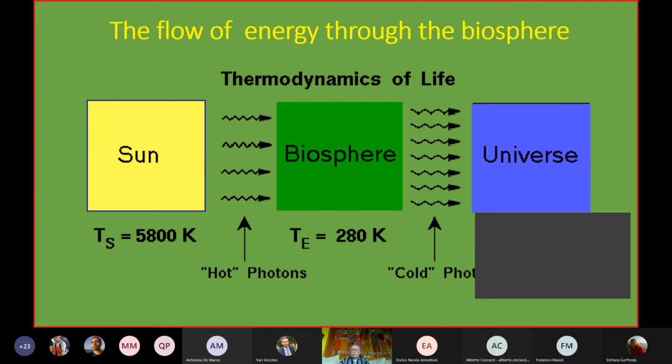And as you see, the solar radiation comes from the sun's surface, that is at 5,760 degrees Kelvin, and it goes to the biosphere, captured only by plants, and then after making a few circles through the biosphere from plants to animals, and maybe from animals back that graze on plants, it supports all our biological actions, and then it is dispersed in space, in cold space, as heat.